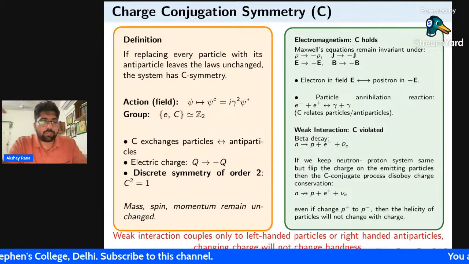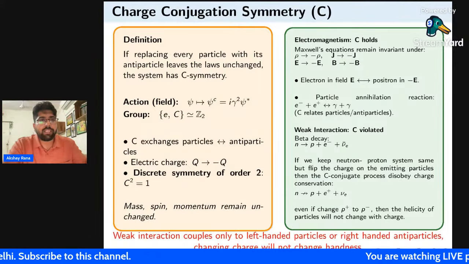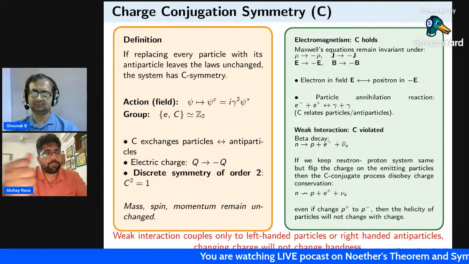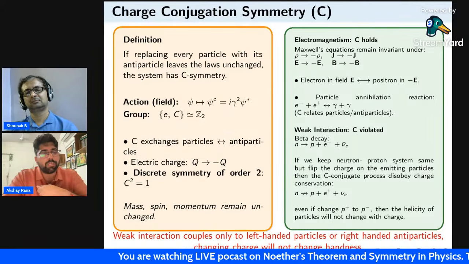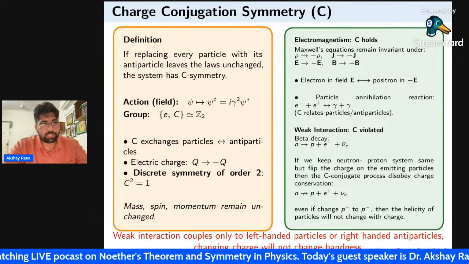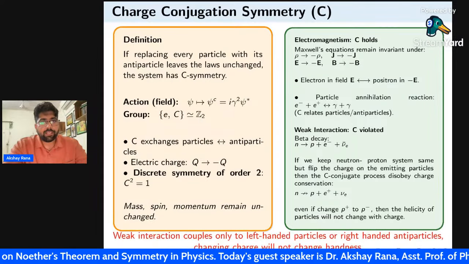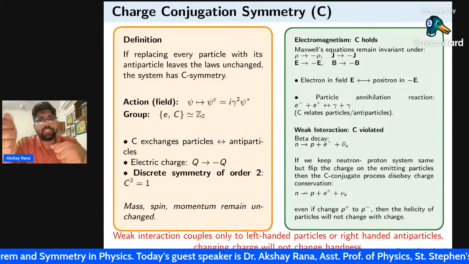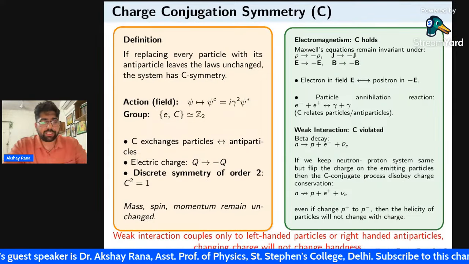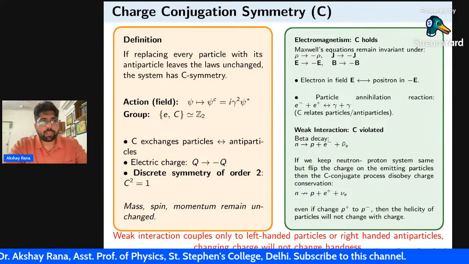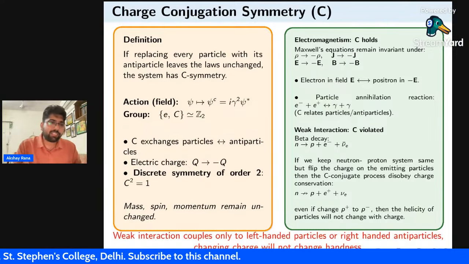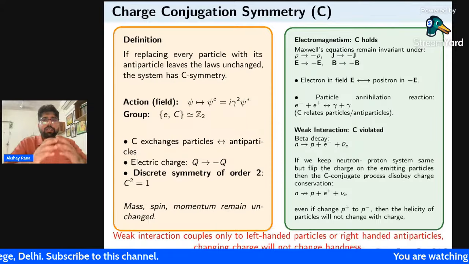In quantum mechanics, I can talk about the pair production where you have electron and positron coming together and creating photons. Over there, if you make the change, electron will go to positron, positron will go to electron, and the system will remain the same. The equations are also charge invariant. Then if you have an electric field and you change E to minus E, then for the positron it's also going to be the same. Generation of the electric field is going to be the same. So there are going to be a lot of theories when you develop. So I can conclude with this that for the electric field,